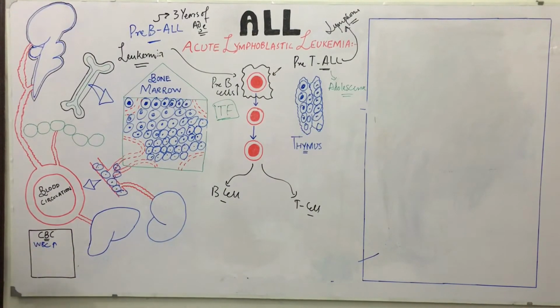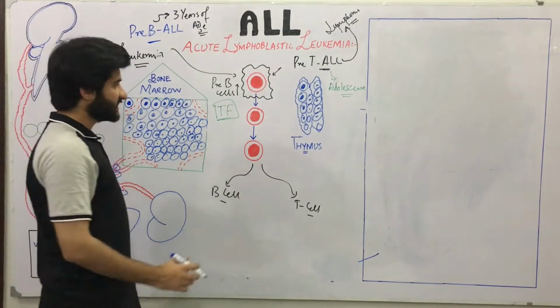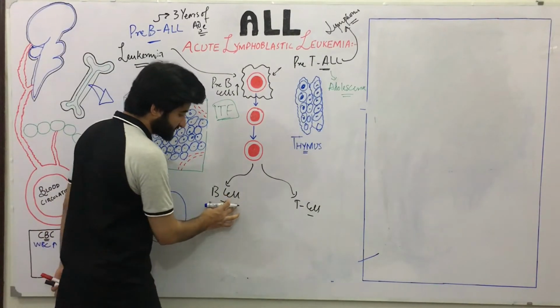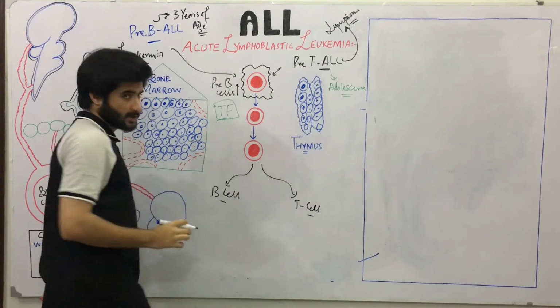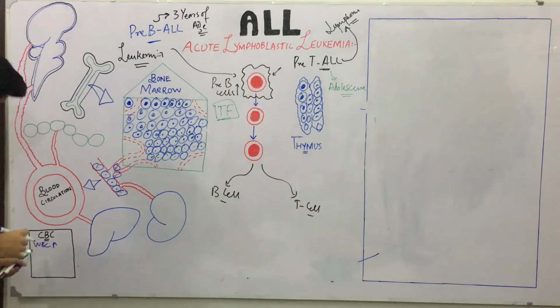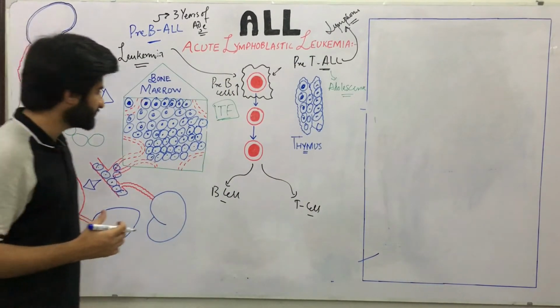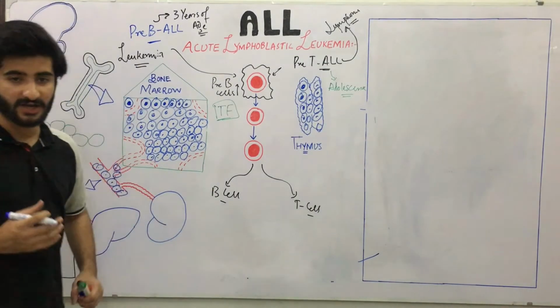So in our complete blood count, the WBC count will be raised. But these WBCs are abnormal WBCs. They are not B cells or T cells. They are precursor B cells, most commonly. So as the WBC count is increased and these WBCs are non-functional,